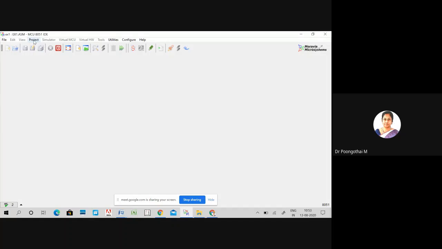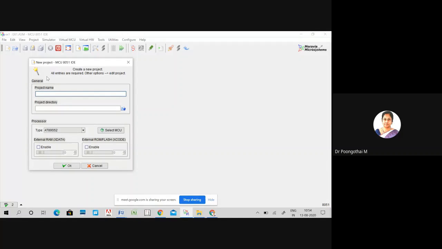Go to Project and click on New. Students, please note it down. The first step is to create a new project. Under the Project menu, you click on New.